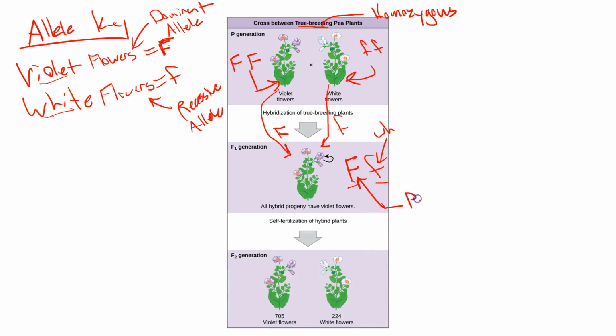Okay, so that is why their actual phenotype, even though their genome has a copy of each, is purple, because they have just one dominant allele, and if you have just one dominant allele, you will have that trait. Okay, and then he had all of these plants that had one copy of the white allele and one copy of the purple allele, and then when he crossed those together, he got this. And why this ratio is the way that it is gets us to